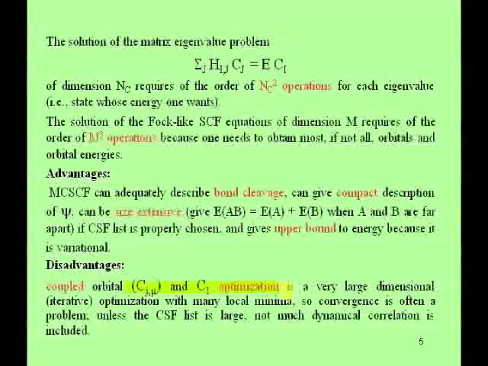And that's a very difficult thing because this space has many little undulations and maxima and minima on it. So it's a very difficult high-dimensional energy minimization process. But still, it certainly is an approach that one can use, and it should be used when one has situations where a single Slater determinant is not going to be